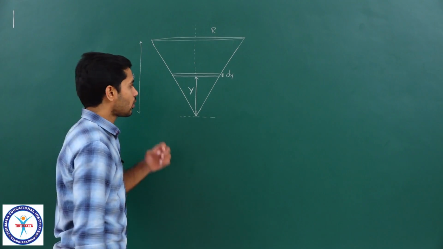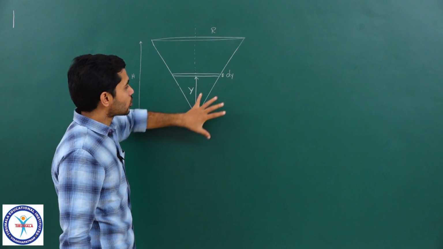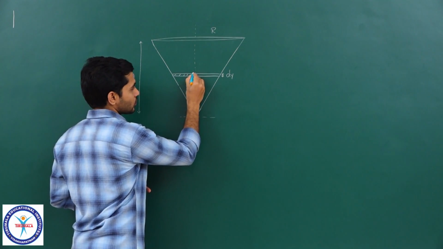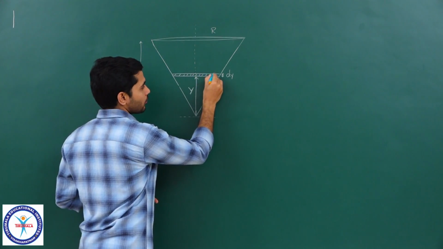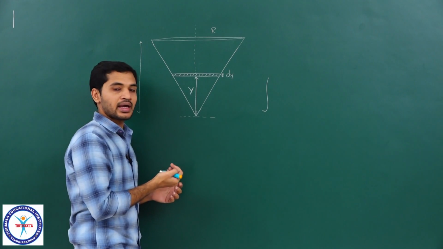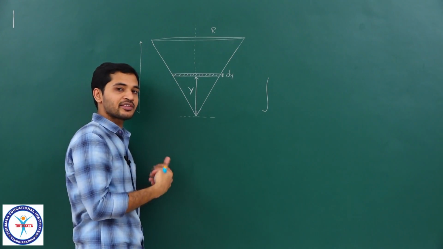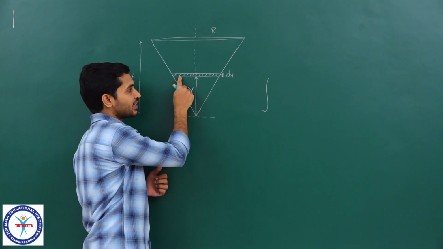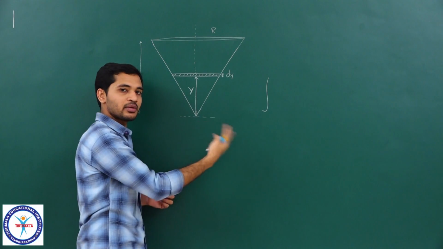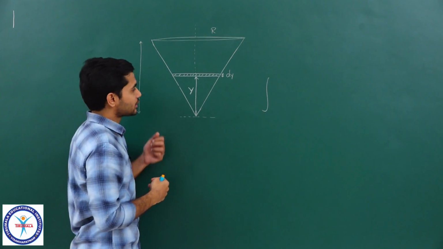Clear, students? Now as I told you, to find the volume of the cone, first I will find the volume of the disc, and then we anyways have our friend, the integral, who can add many such parts, an infinite number of such parts, and give us the answer. So first I will find the volume of this disc and give this value to him, and he will perform the integration and give me the total volume, correct. Okay, so let us do that.